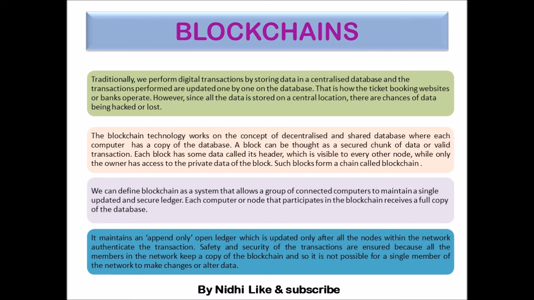So in this particular blockchain, there are two parts. One is the header part and another is the transaction detail part. Every block has these two parts. Such blocks form a chain called blockchain. They are all linked, so they form a chain, and that is known as blockchain. We can define blockchain as a system that allows a group of connected computers to maintain a single updated and